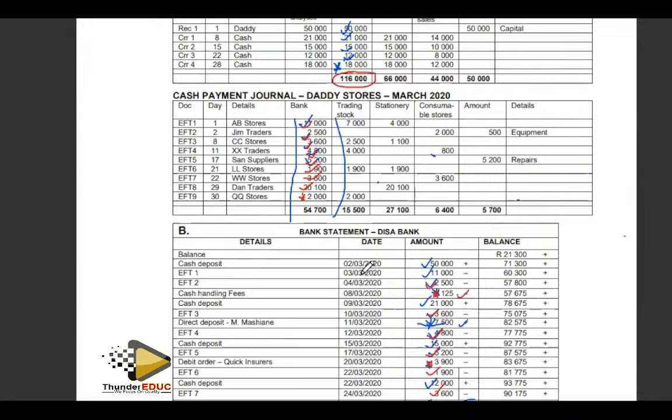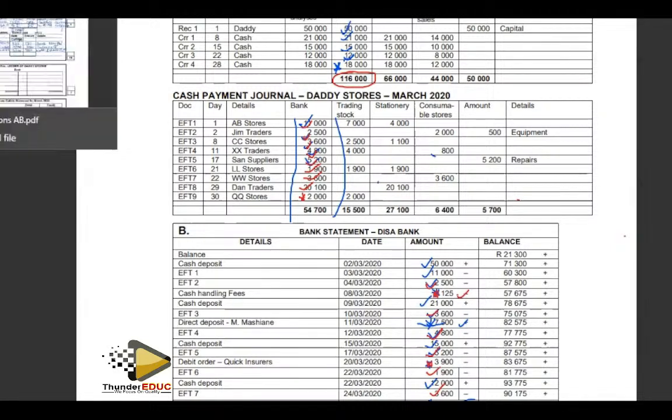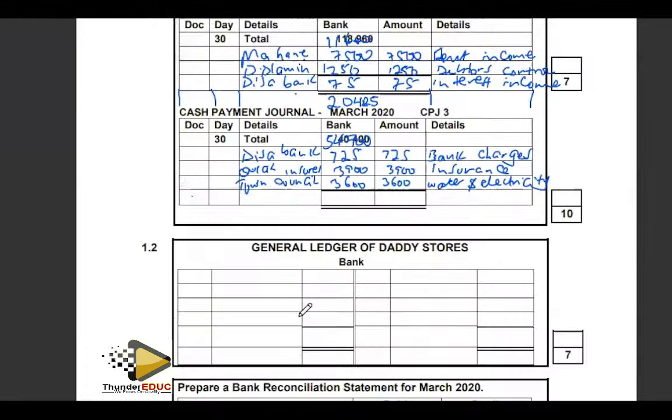Remember, for your information, items always happening on the last day of the month are most likely not to appear on the statement. Why? Because the statement has already been processed. So this person, we paid them, but by the time we paid them, the statement was already processed. So the transaction never appeared on the statement. So we are going to come here in our bank reconciliation statement. Or before we go there, by the way, let's add this total and we get the corrected total, okay? So the corrected total is